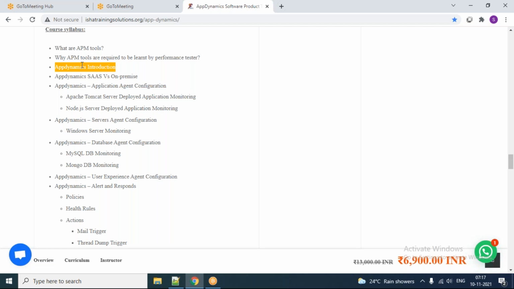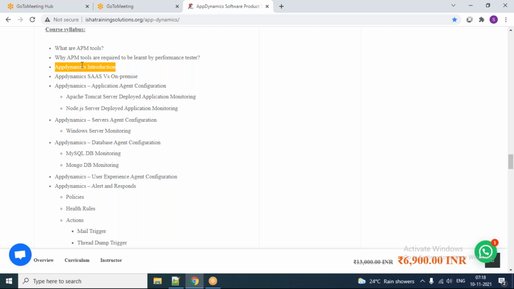Okay, so that one we are covering, and the next one is the Node.js application. We have our sample application called ExpressCart. We are going to use that ExpressCart Node.js application and do our investigation. Here also, the initial step would be configuration of the Node.js server, and then how the data is actually coming in and how the investigation happens. All those things we are going to learn.